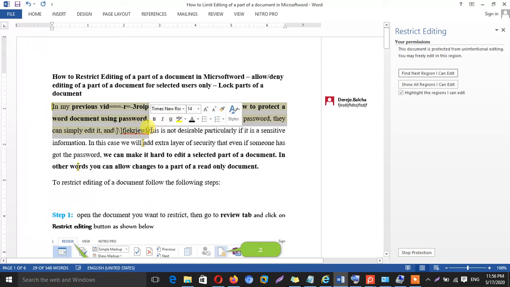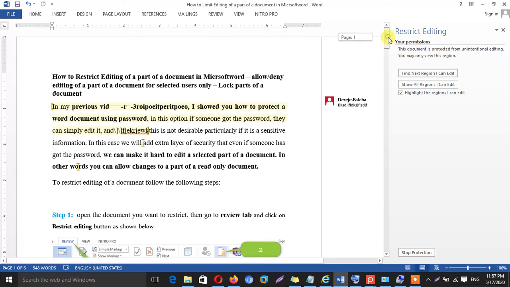I cannot change even starting from here because this is not my permission. As you see here, there is a kind of square bracket which encloses a text that I am allowed to modify. All texts other than this square bracket are not allowed for me to modify it.